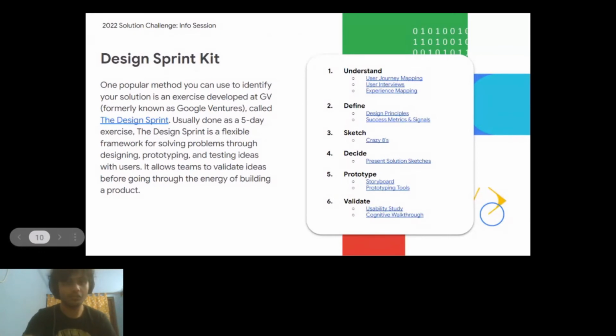So, as a lot of you pointed out, bugs, of course, bugs in your code, you need to troubleshoot all of that. And most importantly, you need to see if it's actually making a difference, if it's actually helping someone, if it's actually achieving the thing that you set out to achieve. That's the most important. So the design sprint kit helps you with learning some of those concepts,